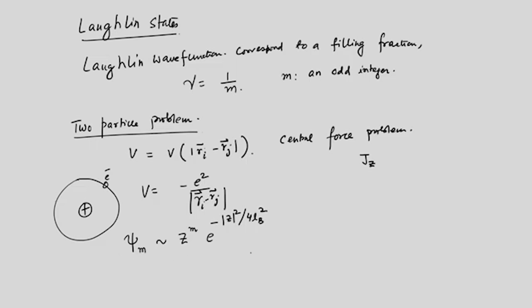So, this is a generic wave function for a two particle problem in a central potential, that is the Coulomb potential. Coulomb is an example of a central potential, and we write down the wave function with m as a good quantum number. Z is of course a complex coordinate which is equal to x minus iy. Now, this is important. Usually z is written as x plus iy and z star is x minus iy. We made an exception to that, which is what we have said, and these states are, as I just showed, localized